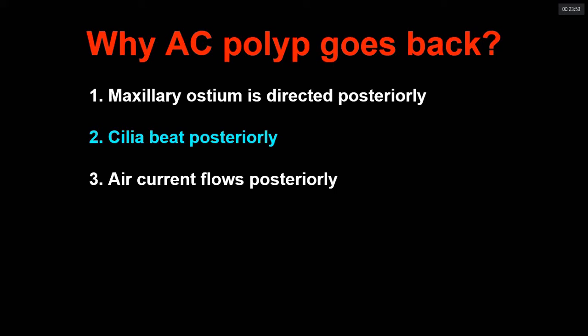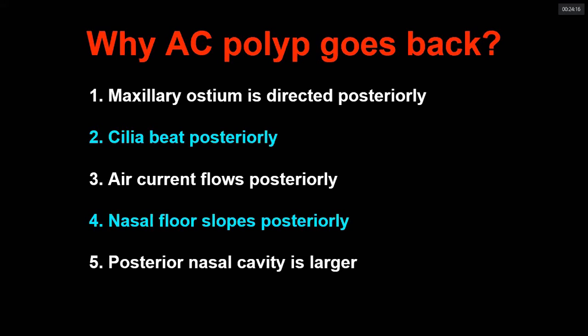Because of the turbinates, they block the flow of the air in the way it has been flowing inside. So that is why the mucosa, by the action of the air current, is taken back. And similarly, the nasal floor is sloping backwards. So by the action of gravity, it will flow towards the nasopharynx and oropharynx. And similarly,